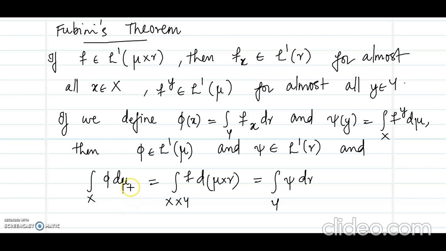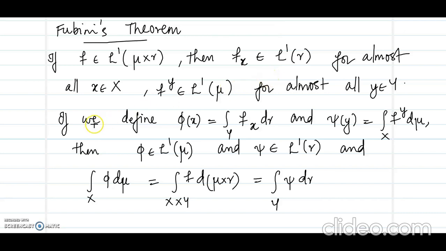Prove the Fubini theorem. The Fubini theorem states that if f belongs to L^1 of mu cross r, then we need to show that f_x belongs to L^1 of r for almost all x belonging to X, and f^y belongs to L^1 of mu for almost all y belonging to Y. So if f is a measurable function which is integrable with respect to mu cross r, then we will show that the x section is integrable with respect to r, and f^y is integrable with respect to the measure mu